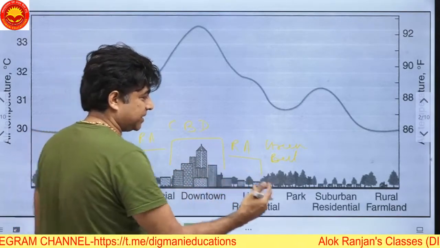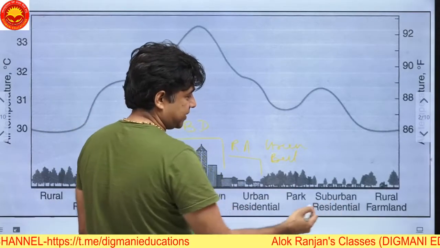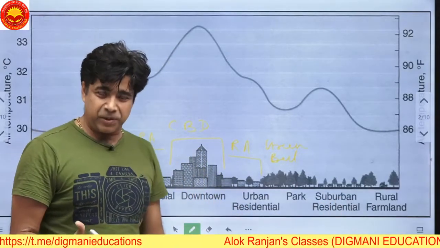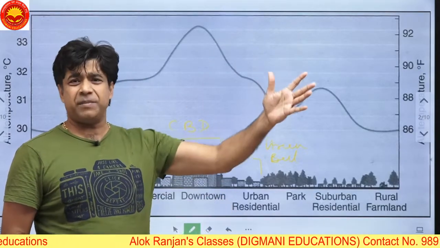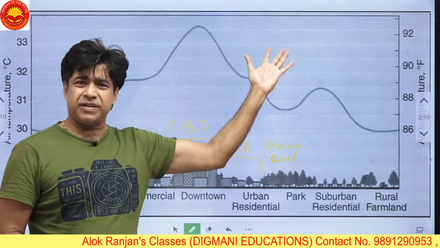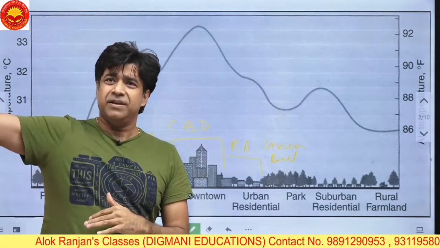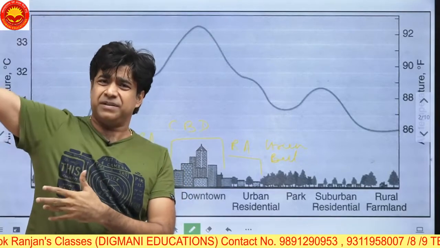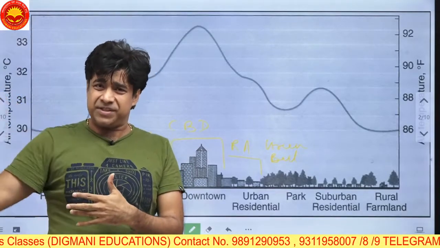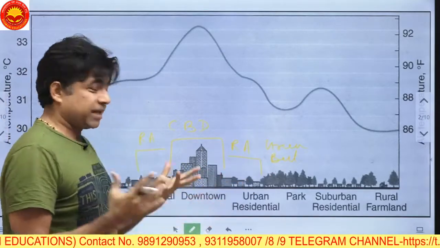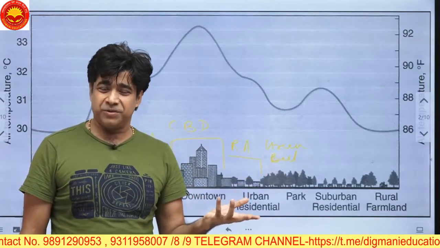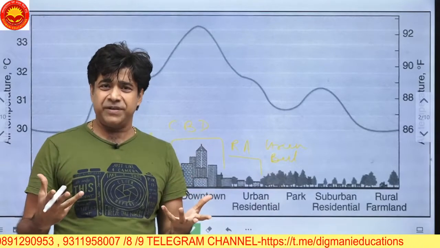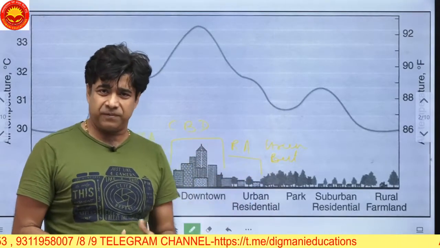Now, as we move further, we have the suburban residential areas. If we take the example of Delhi as a metropolitan city, the suburbs will be Ghaziabad and the surrounding small cities like Mohan Nagar, or if you go that side, maybe Dwarka and further Manesar and such establishments, and Sonipat. These are the suburbs surrounding Delhi. For Hyderabad, it could be Cyberabad, which is growing and converging with the main city, but was once a suburb of Hyderabad.